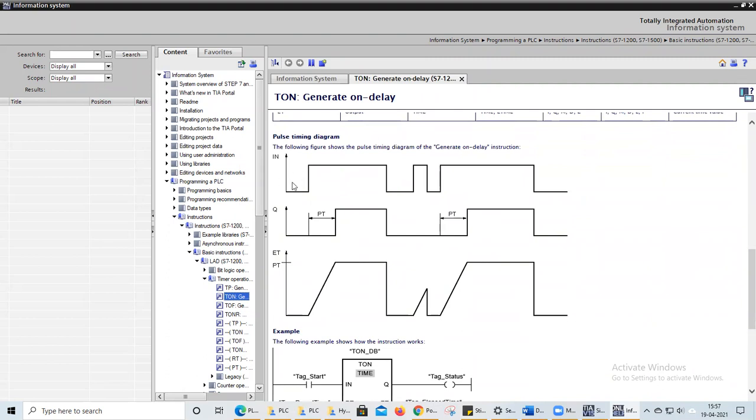You can see how it works. Here you can see the graphs. Initially the input is 0 and my output is 0. Then my input is raised from 0 to 1. After the preset time, I have given 10 milliseconds, after 10 milliseconds the output reaches from 0 to 1.